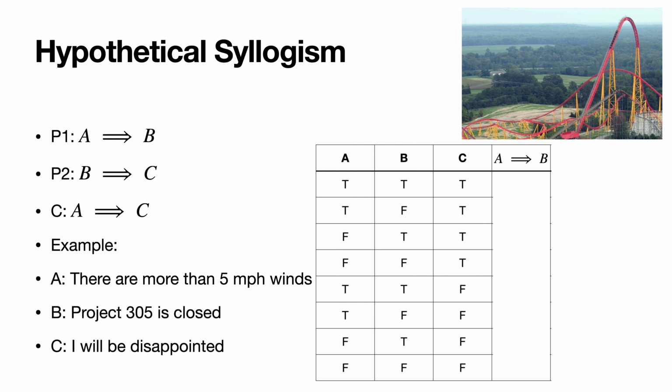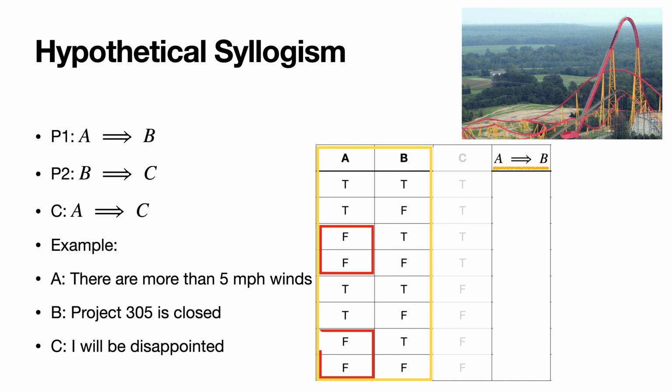So let's start by filling out A implies B. We know the truth table of the conditional or the material implication from our video on logical connectives. So let's go ahead and start with this. I'm just going to gray out these other ones that we're not looking at. Once again, A implies B is only looking at the connection between A and B, so we can ignore C for now. Remember that A implies B is true when the antecedent, meaning A, is false. It's just vacuously true. So we're going to fill that in with true here in rows 3 and 4 and